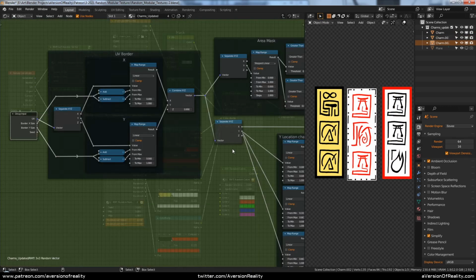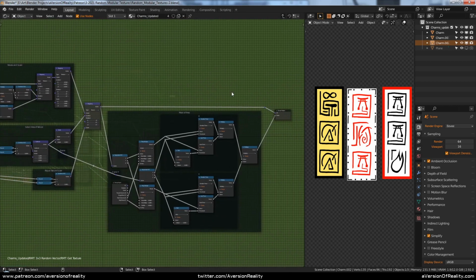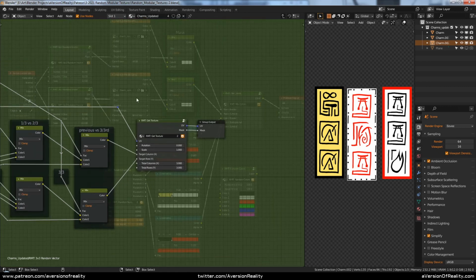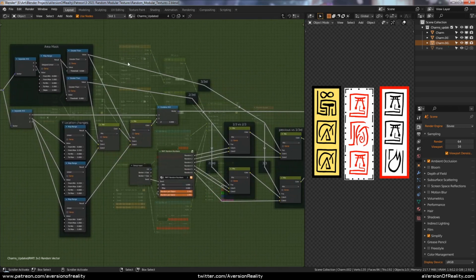The core of the node group is here. It's a group that lets us control which of the 9 symbols we have picked. We can control with different columns and rows, scale, rotate, whatever we need. Next is the larger group this is inside. This group lets us define a border on our UV vector so that our symbols don't get overlapped by the border texture. It also has the setup to split the card into 3 areas so that they can each get